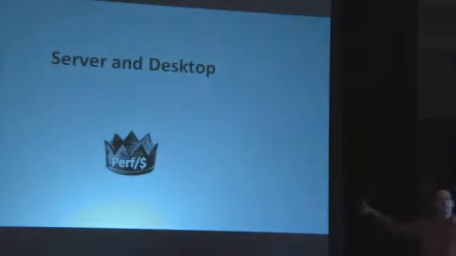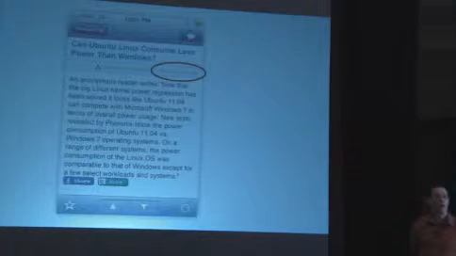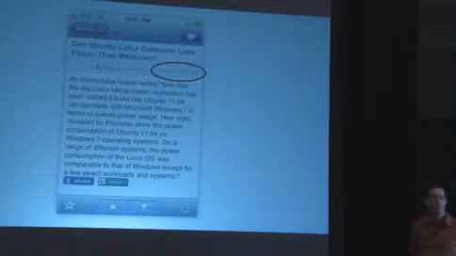I didn't originally have a section on server and desktop because we talked about it, it'll blow back into the mainstream, and I was going to leave it at hand waving at that and not talk about it in detail, but I couldn't resist another article from Slashdot. When is the last time you saw a Slashdot article where people are paying attention to the power consumption of a desktop operating system as a competitively important feature? When is the last time you saw that? Don't tell me native code doesn't matter. So that brings us to the Renaissance.